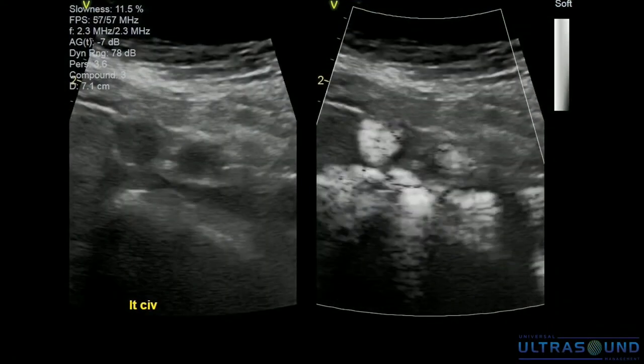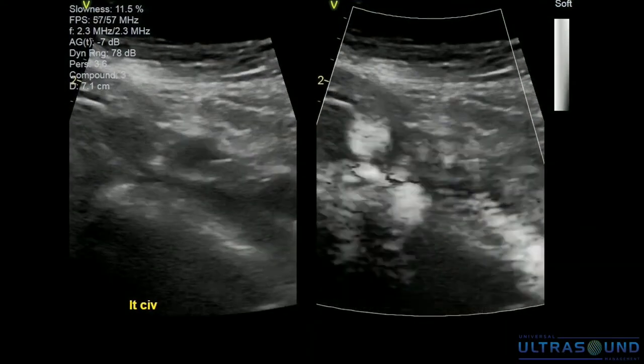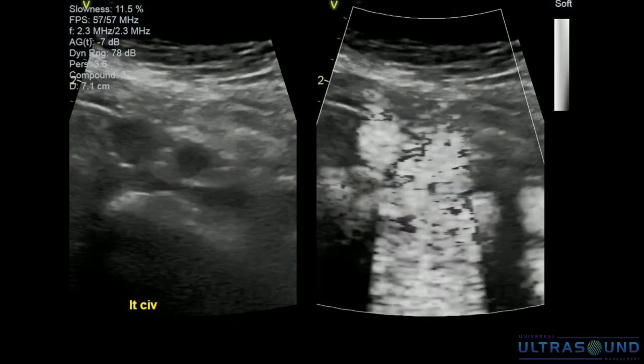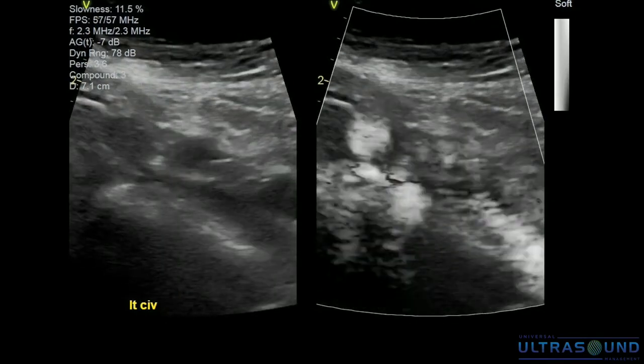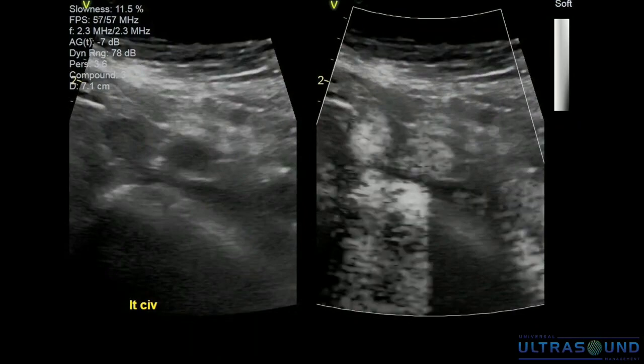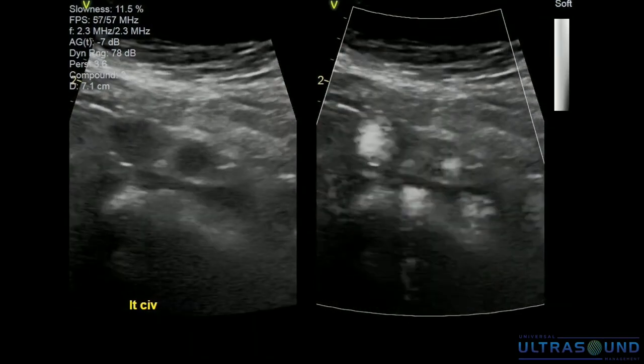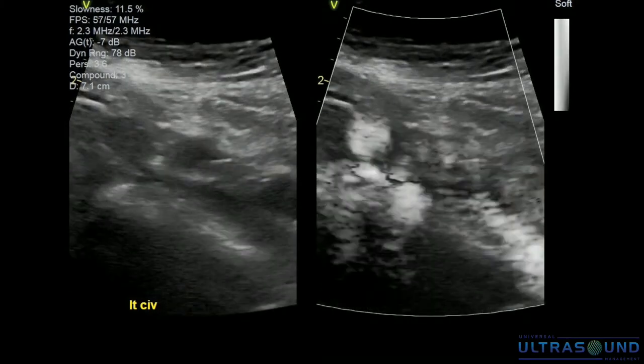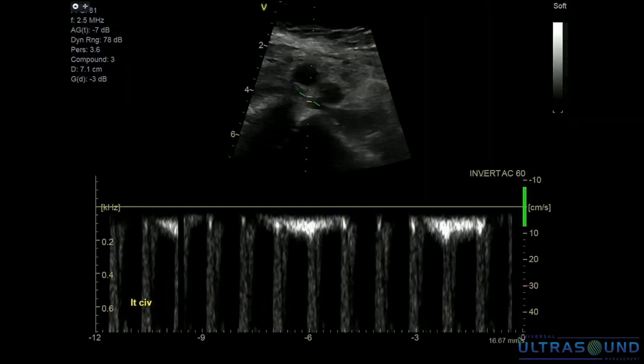So immediately I put on color, but I like to use B-flow imaging because that allows me to pick up low flow velocities, right? So I really want to use every bell and whistle I can on my ultrasound system to see, one, if there's flow and what type of flow is there with Doppler. So this is B-flow imaging, like I said, and it picks up low flow velocities, and you can see that the vein is patent. But let's see what the Doppler shows us. So the Doppler shows us phasicity, which is impressive because sometimes you think arterial disease, right? So you're looking for a stenosis, you're looking for high velocity flow through this narrow diameter reduction, but that's not